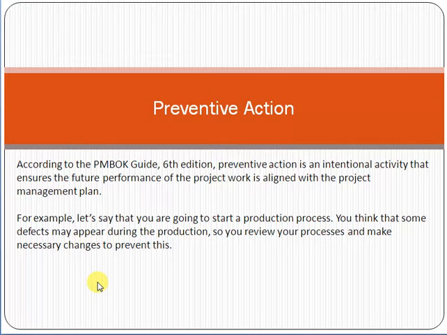Friend, as per the definition of PMBOK, a project is a temporary thing which has a beginning and ending point, and it gives you a unique output, product, service or result. That is called a project. So two things are very important. First thing is temporary, and second thing is unique. These are the two characteristics which should exist in every project.